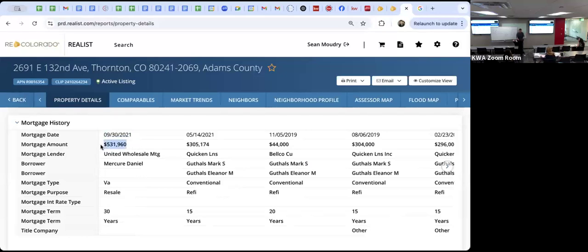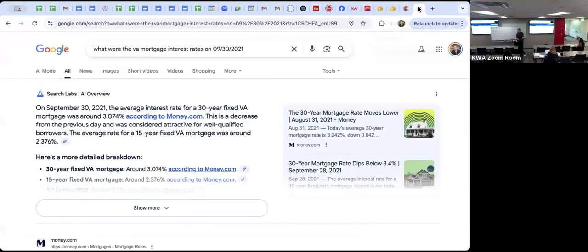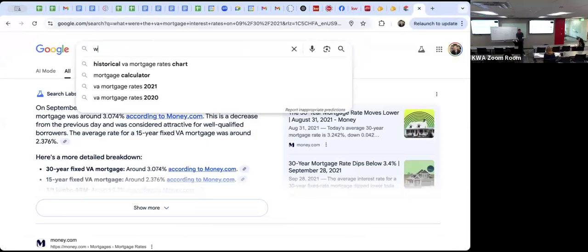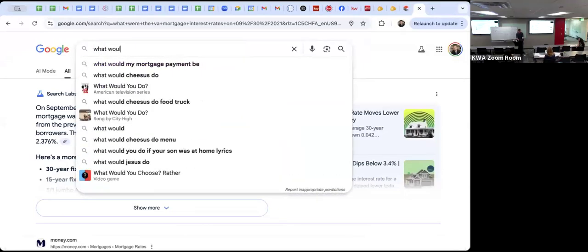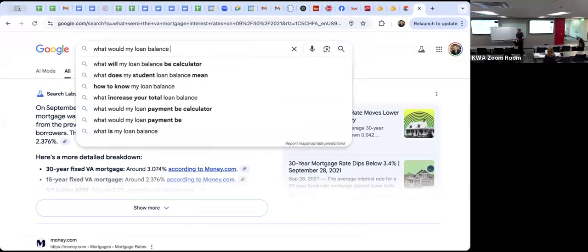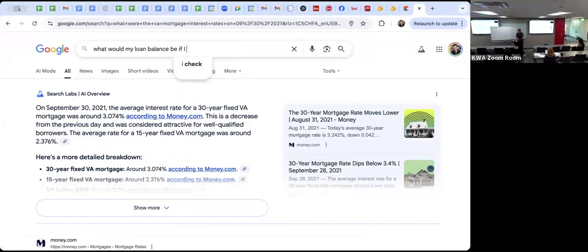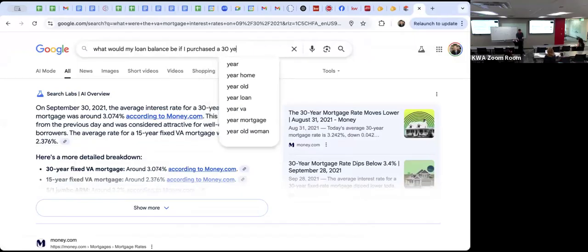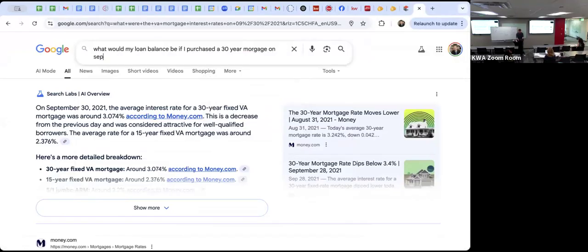And now we need to know the estimated loan balance, right? So what would my loan be if September 2021 at 3% interest?